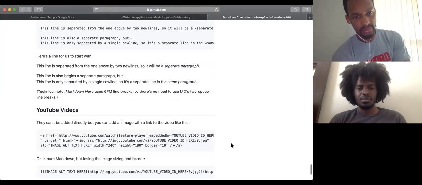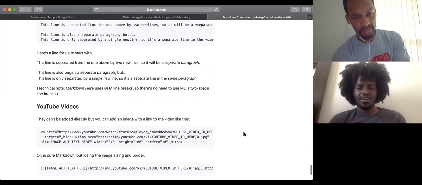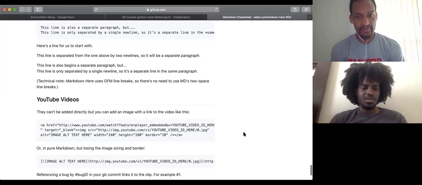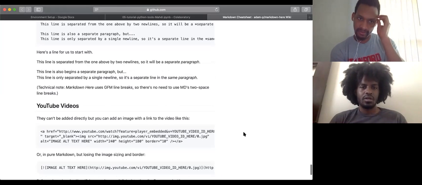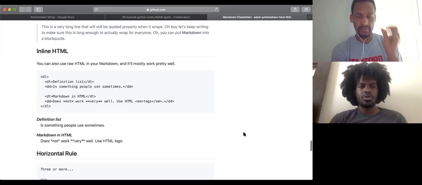But you can actually even embed YouTube videos if you want. Which is interesting. Yeah, so there's a lot you can do for your Python notebooks. Usually you'll want to hold